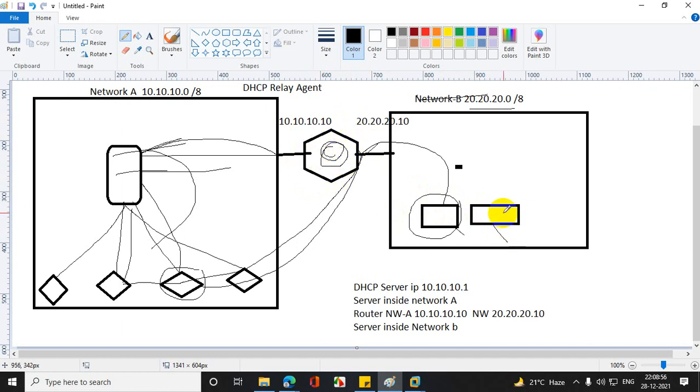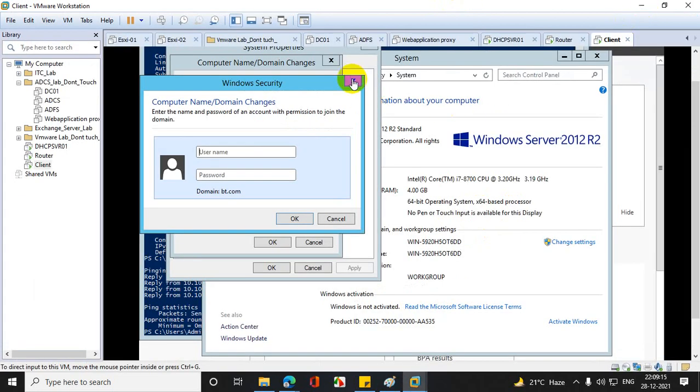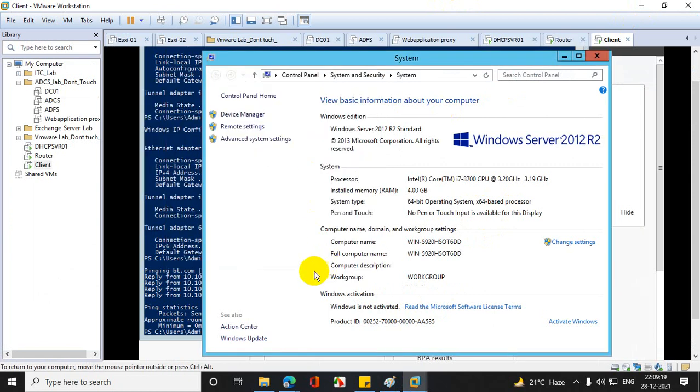Through this, they will directly connect to DHCP as well as my domain, because domain DNS is replicating and the DHCP is authorized in AD, right? Now my client will get authenticated by AD and the domain as well, but they have a different IP range. Clear? So I'm not going to join the domain. That's not my motive today.